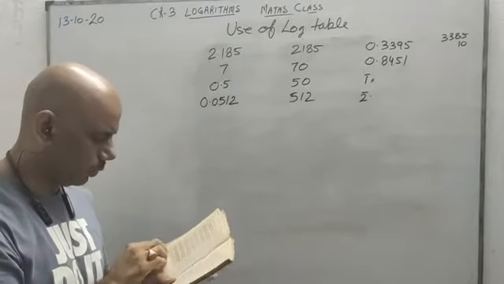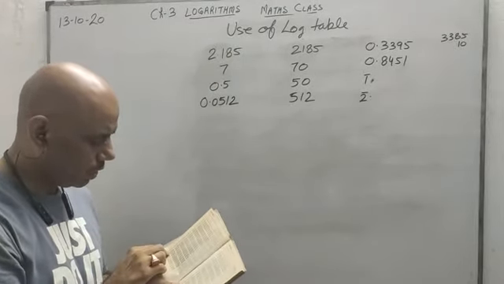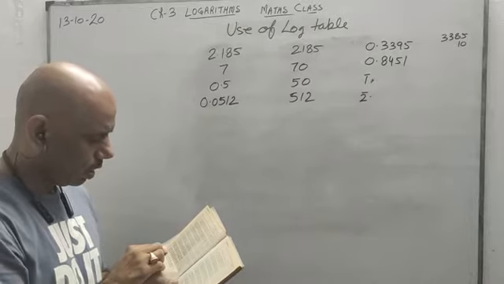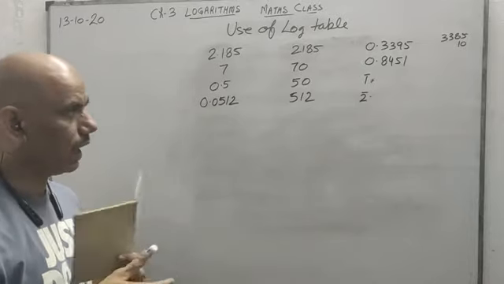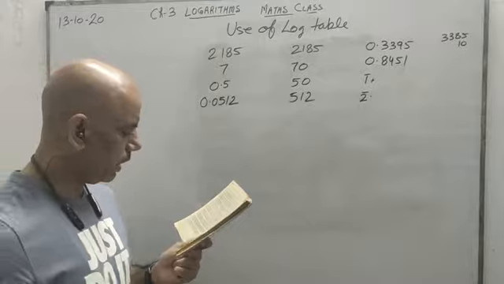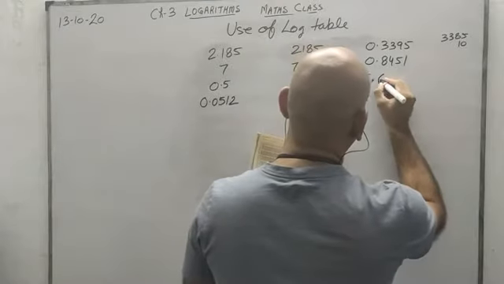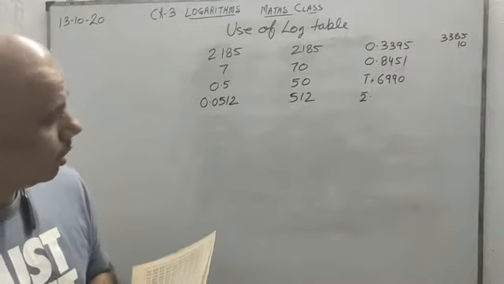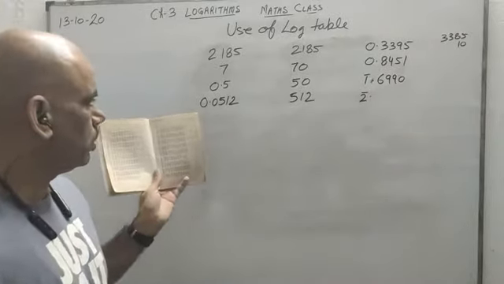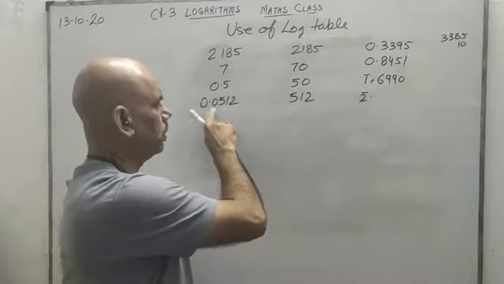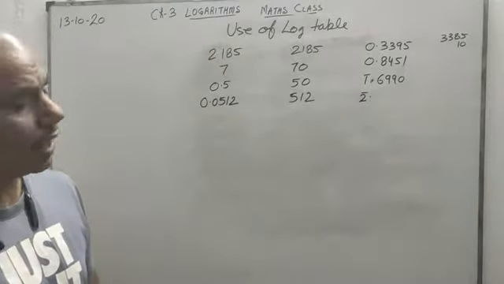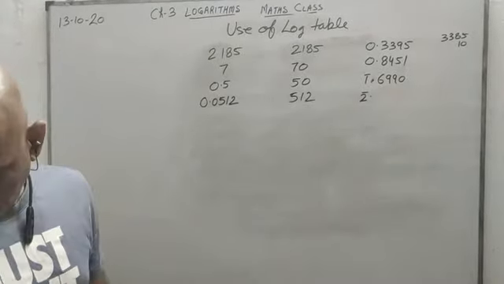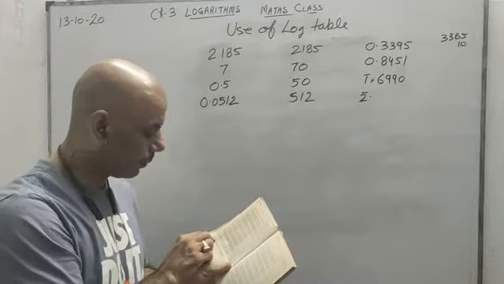In the 50 row, in the column of 0, I am looking at 6990, you can see it, 0.1 bar 6990. Now 0.0512, so due to this 0, 2 bar is the characteristic, and for Mantissa you will look for 51 and